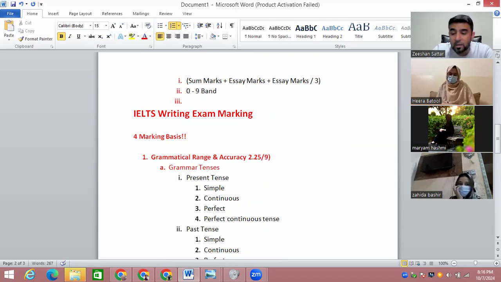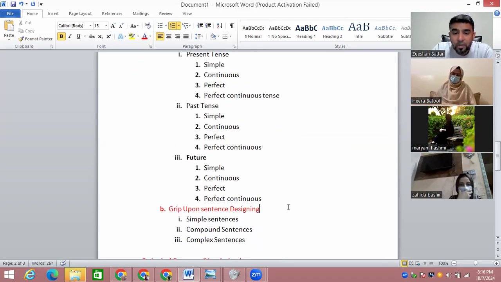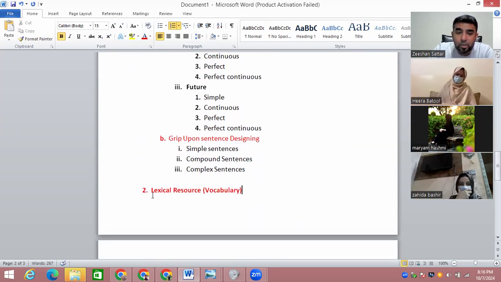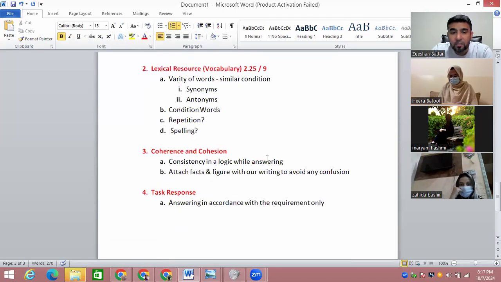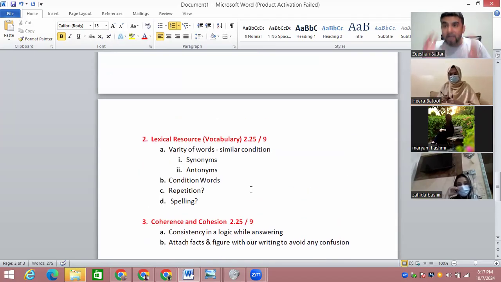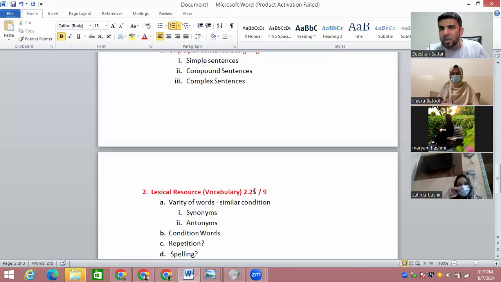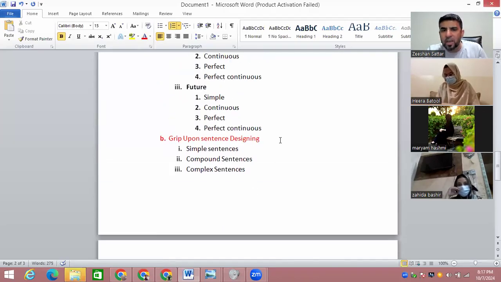If we talk about the lexical resource, this will give us again 2.25 out of 9 in writing. The coherence and cohesion, 2.25 out of 9. And again, the task response will give us 2.25 out of 9. So if we become weaker and say, no problem, I'm going to repeat the words, repetition doesn't make any sense to me,